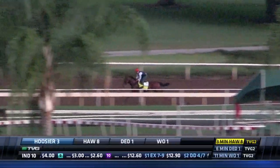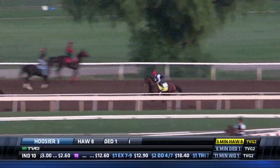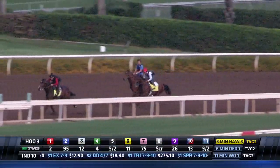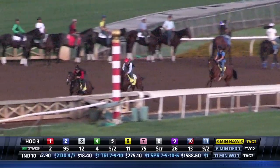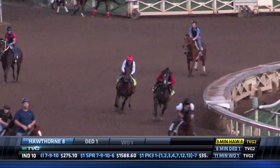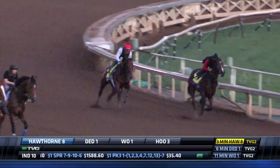I mean, this work stands out not only amongst this group that we're going to see competing this year, but amongst any works that you will ever see. He has such a beautiful way of going. And one thing that I always point out with regard to American Pharoah is how much he uses his head and his neck with his stride. He's just so efficient. He uses every part of his body to reach on the ground, to attack the ground,